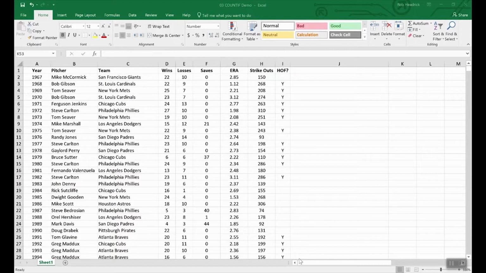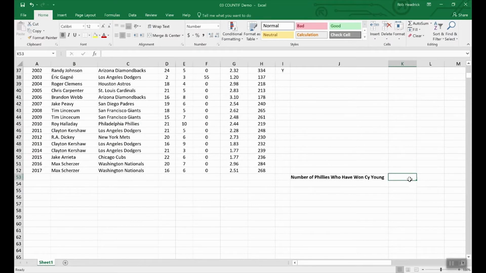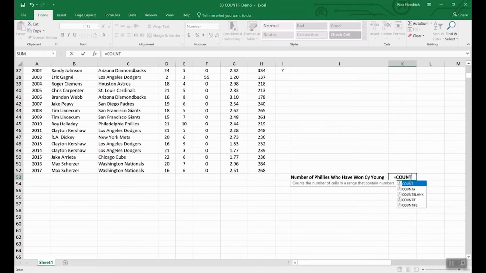The COUNTIF function is great for finding answers such as how many orders did client X place, or how many sales reps had sales of $1,000 or more this week, or how many times has a pitcher from the Philadelphia Phillies won the Cy Young Award. Let's use that last question to demonstrate the power of the COUNTIF function. We've got a little placeholder down here for our formula, and we're going to enter in equal COUNTIF,